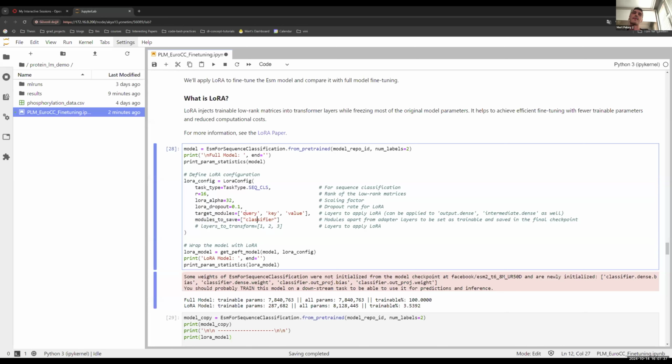You can think of it like using ESM2 for 10 different downstream tasks and saving the LoRA matrices into a file for each task. For example, if you want to use it for phosphorylation prediction,